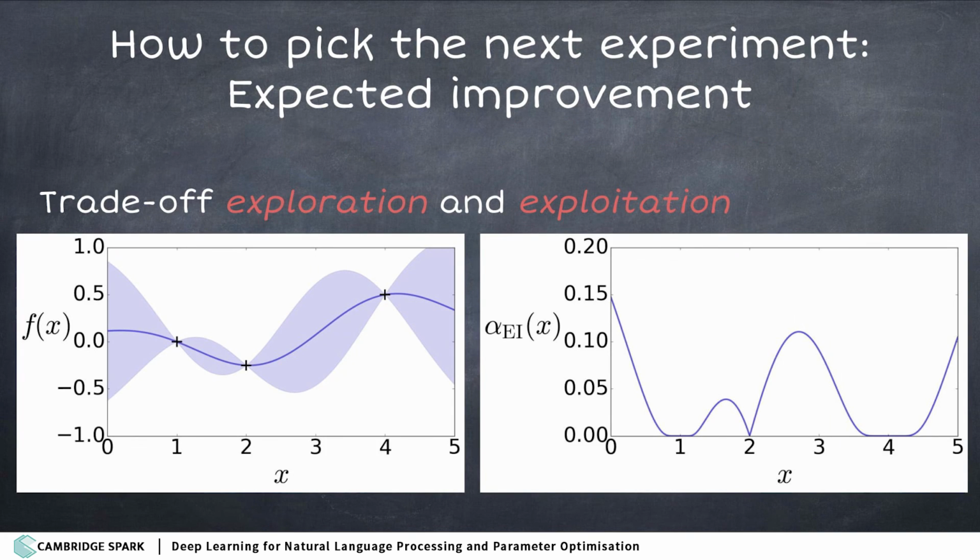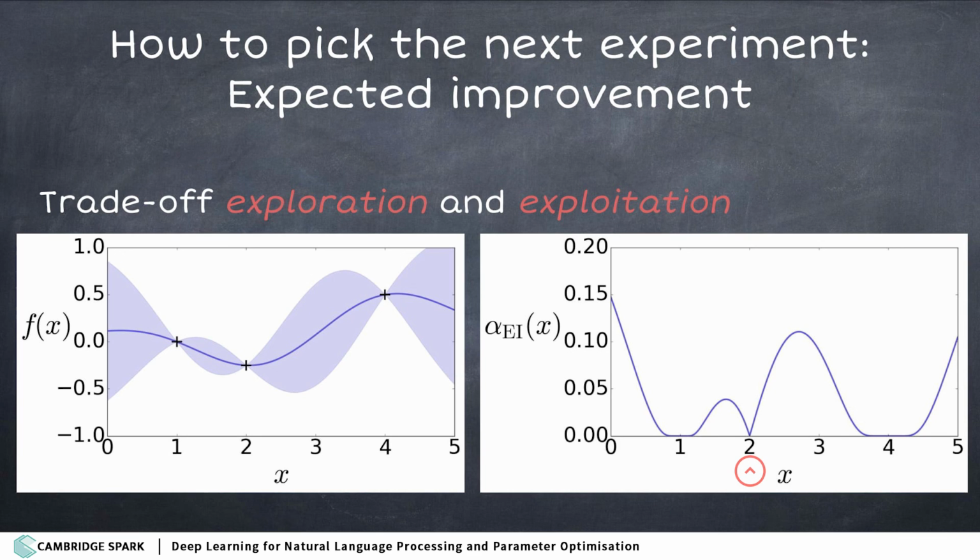One of the really clever insights, which I think was originally published in '78 but is still pretty much the best way to do it, is this idea of expected improvement. We're going to pick a point which maximizes how much we think we're going to improve over the best value we found so far. So far we have 3 values, and this one I said was -1/4. We want a point which is likely to improve upon it, and is likely to improve upon it by a big amount.